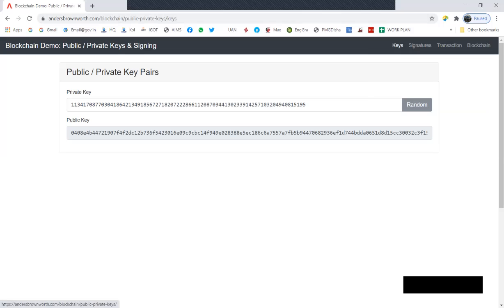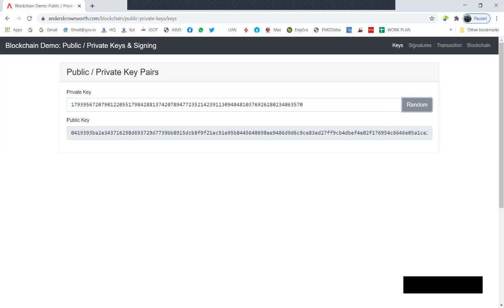So this is one of the applications that enables you to see how public and private key pairs are used in your blockchain. From this screen you can understand that one random number is generated, which is your private key. I can change or modify it. Any combination of random numbers can work as my private key, and corresponding to that private key I have one public key generated, right? So I've clicked over here and I've got one random number.